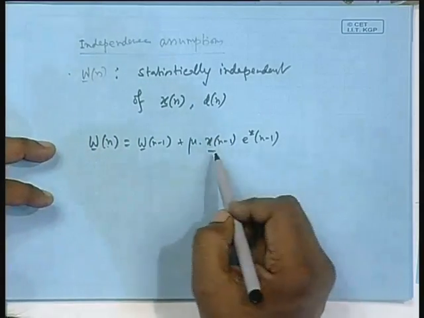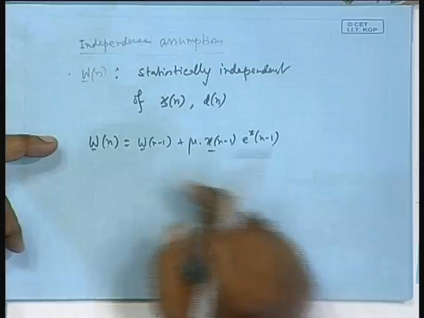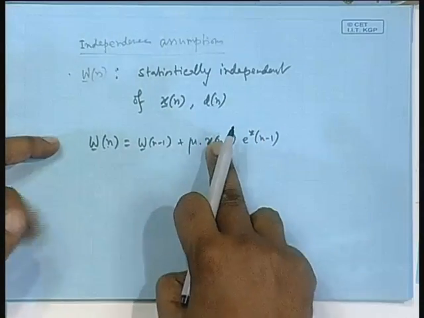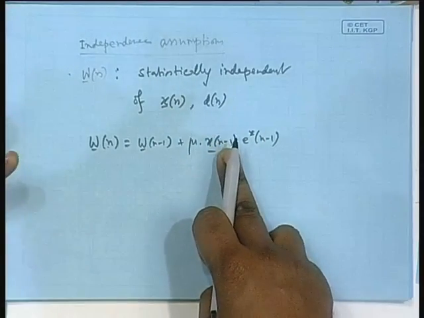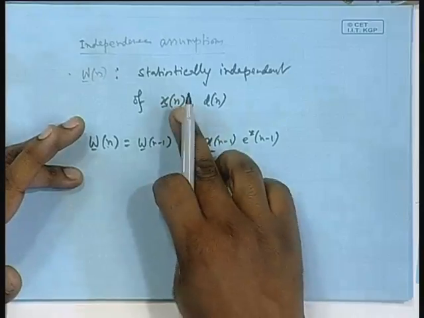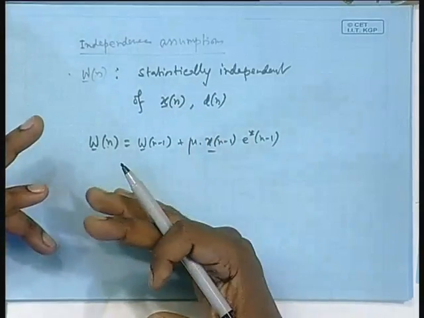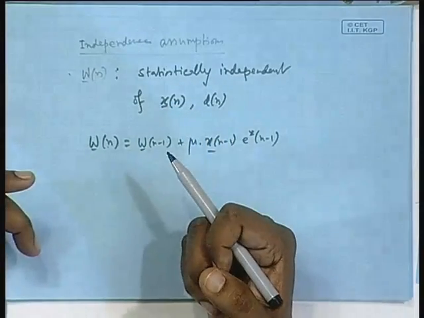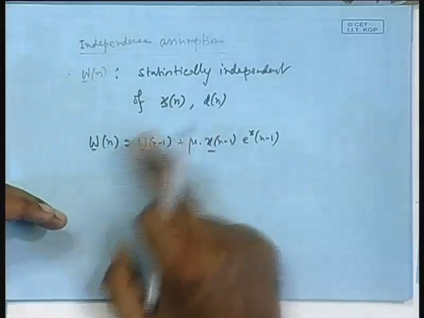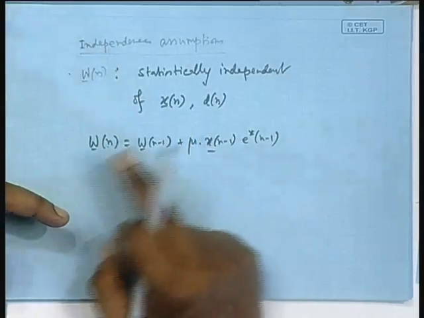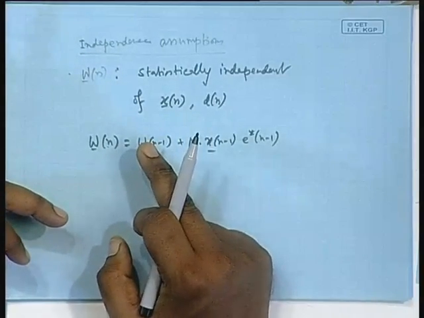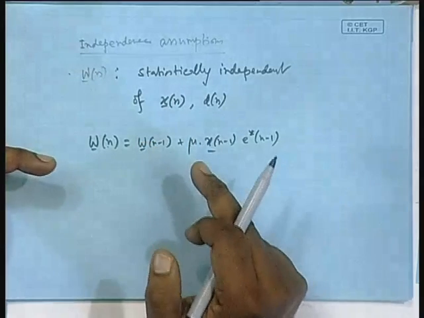Even otherwise, there is a correlation in data. Even if W n depended not on x n minus 1 but on, say, x n minus 10 or 12, even past data and the current data vector have some correlation. You cannot always assume it to be white. So, that way W n has some kind of correlation with x n. But we make the assumption.